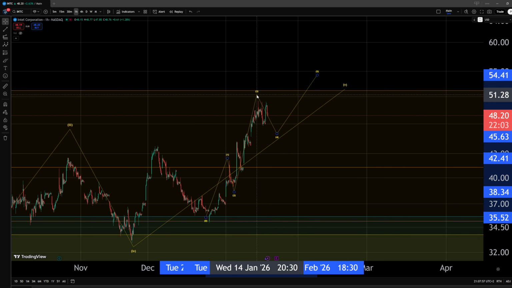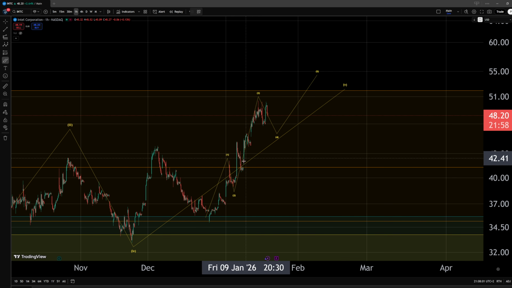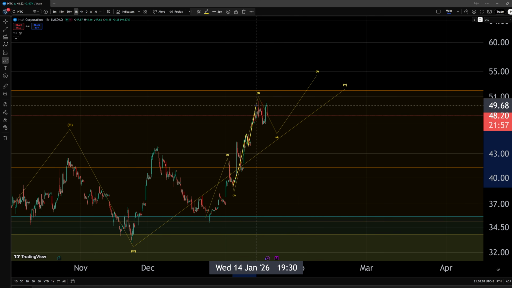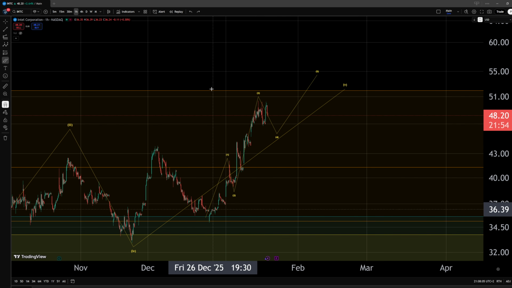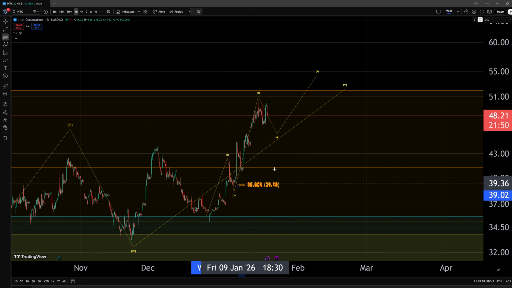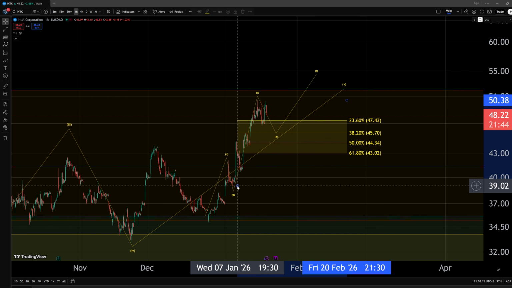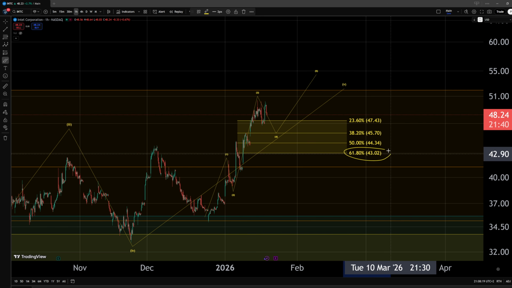Now, could this wave 3 extend even higher? Possibly, but I wouldn't necessarily expect it. I already have here an ABC structure within the wave 3. I don't need any additional extensions higher. And for a signal that a more significant top is already in place, we can track a relevant area of support that is here at the levels between the $47.4 all the way down to the $43 level.